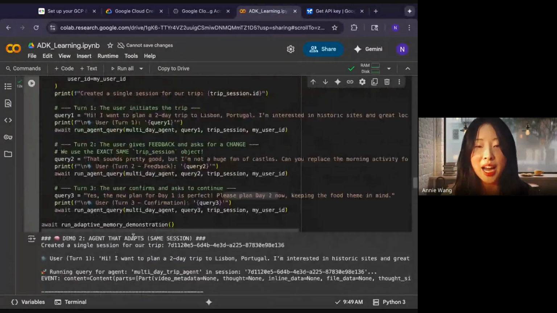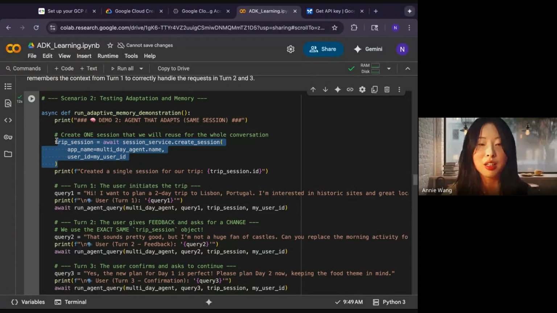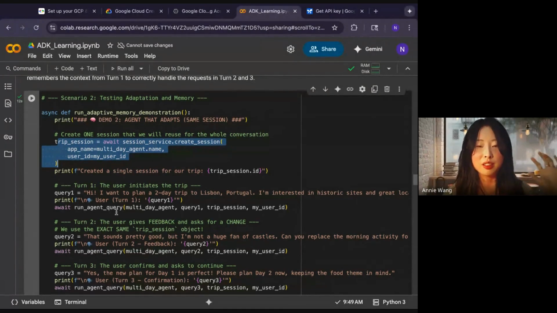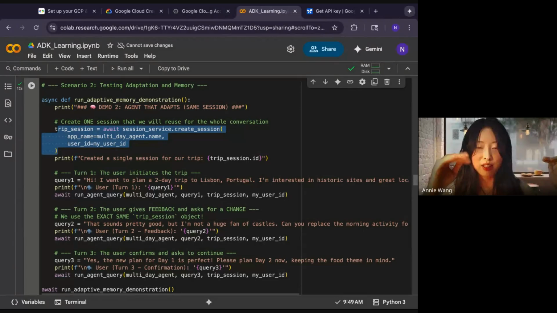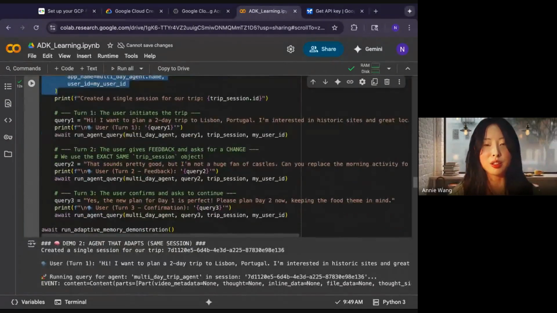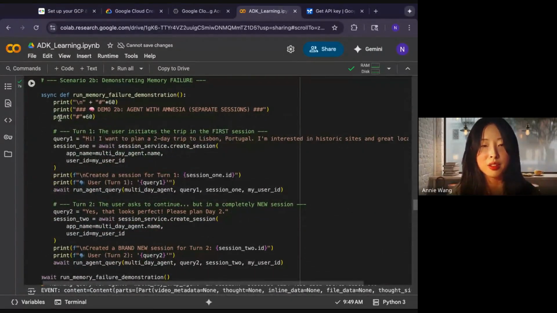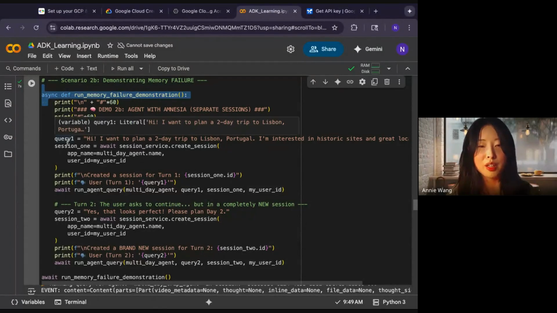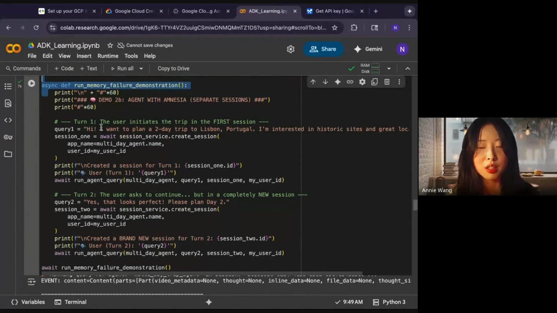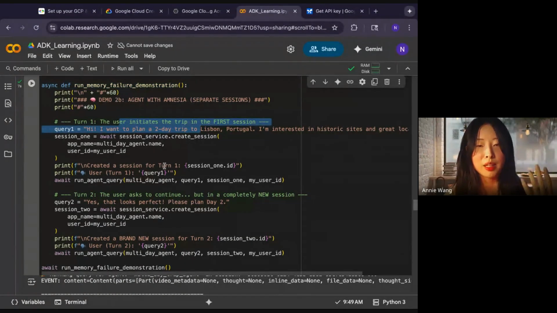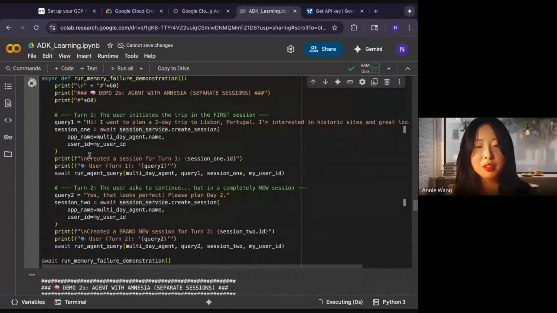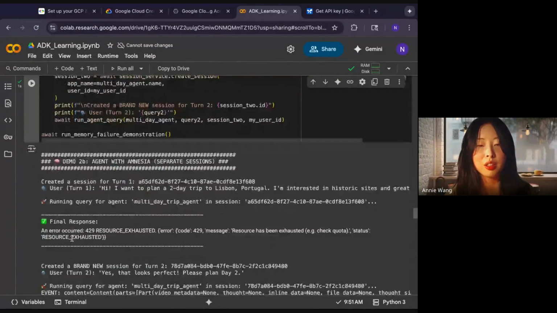The magic behind the scenes is that they're using the same session. Because they're using the same session, they're in the same conversation thread, and so that's why the latest conversation can fetch the previous chat history. What if they're in a different session? So in this example, we are asking the same agent to plan a 2-day trip, like plan day 1 and day 2, but we're creating a separate session. So if we run this with a separate session, you can see that